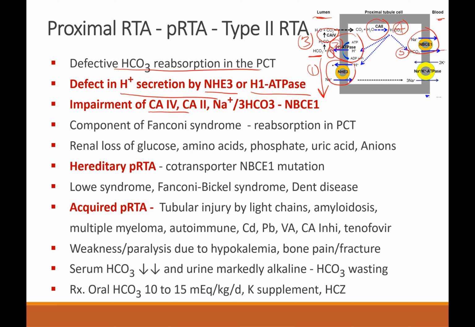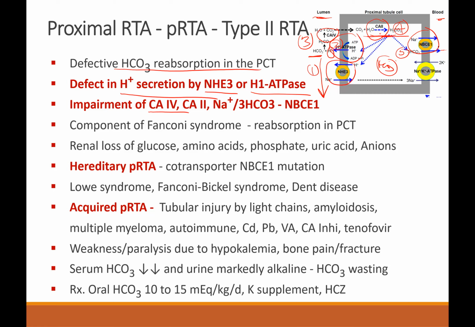And that secretion is under the influence of 1, sodium hydrogen exchanger 3, which is an antiporter, number 2, H-ATPase, which is an energy driven gate, or CA4, which is in the lumen, or CA2, which is in the cytosol or the cell, or the fifth one is the sodium bicarbonate symporter into the blood, which is not being pushed. When bicarbonate is not being pushed into the blood, bicarbonate is retained here and it interferes with this reaction. This reaction will be stopped. So bicarbonate excess here will stop the reaction, and so bicarbonate is not absorbed.